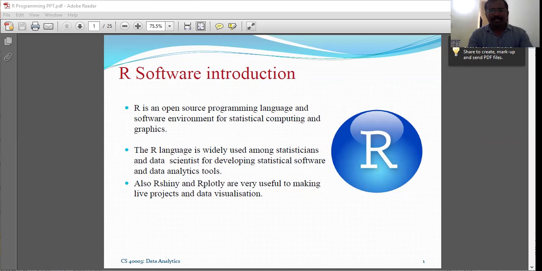Also, R Shiny and R Plotly are very useful for making live project data visualization. These are libraries built into R software and R Studio. Okay, so next,